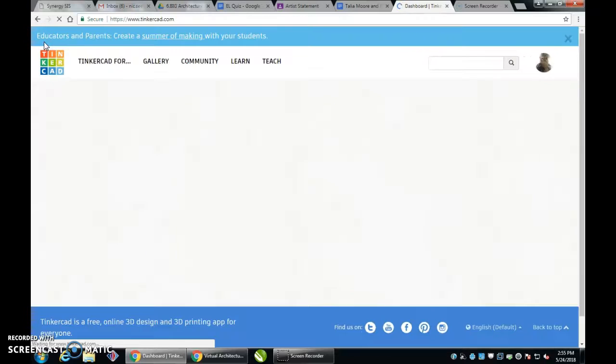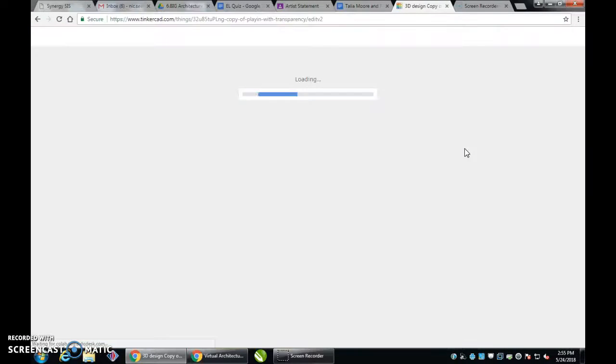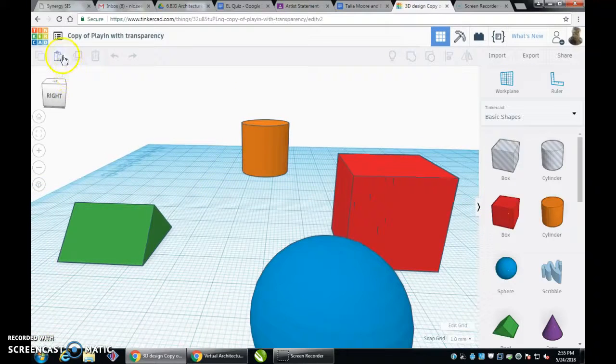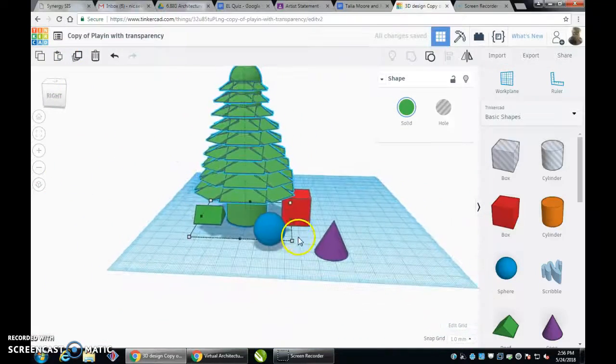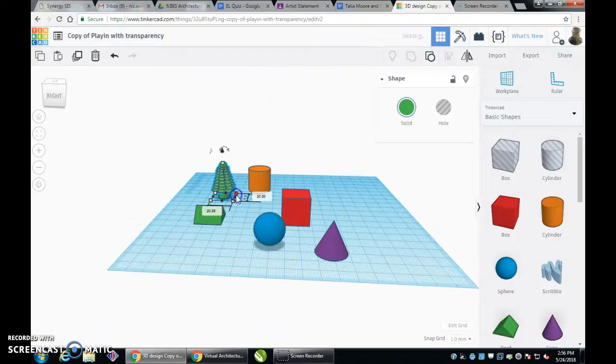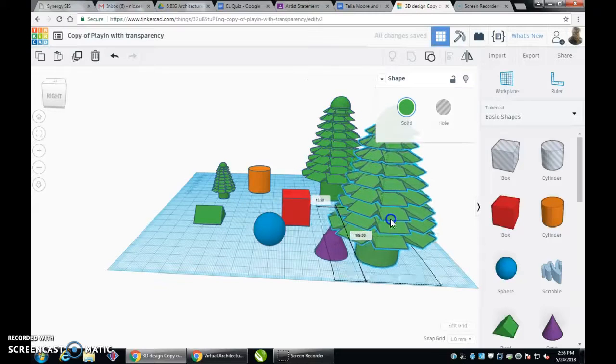Actually, let me go back because that's not a good example of one to do. Let's just put it in here. Tinker this. And then I can hit Paste, and then my tree pops in here. And then you can arrange your project with a bunch of these trees. You can make some big, some small. I mean, you can do a whole bunch of things, and just think how long it would have taken you